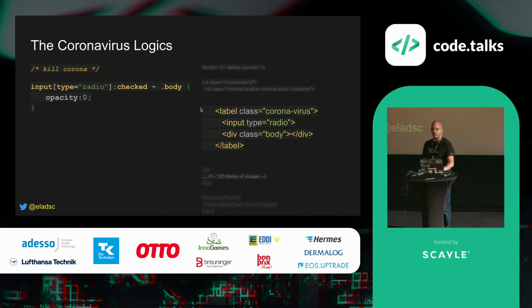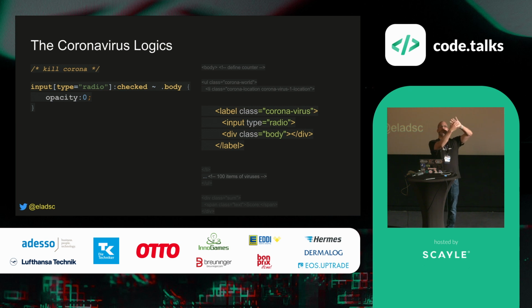If you remember, in the beginning I told you that every coronavirus creature is a label element. And inside, I also told you that we have an input type radio. But I also told you that this is part of the logic of the game. And beside it, this div with the class of body is all the visual part of the virus. Inside the body of the virus, we have the eyes and the ears. And what I'm doing in the real game is an animation for the label HTML element. I'm telling it to move with a CSS animation from the left side of the screen to the right side. But because the label element is wrapping all the visual parts, it means that all the visual parts are moving with it.